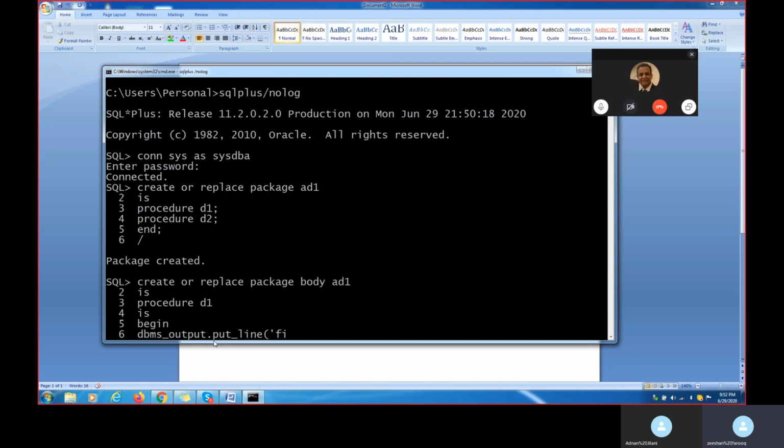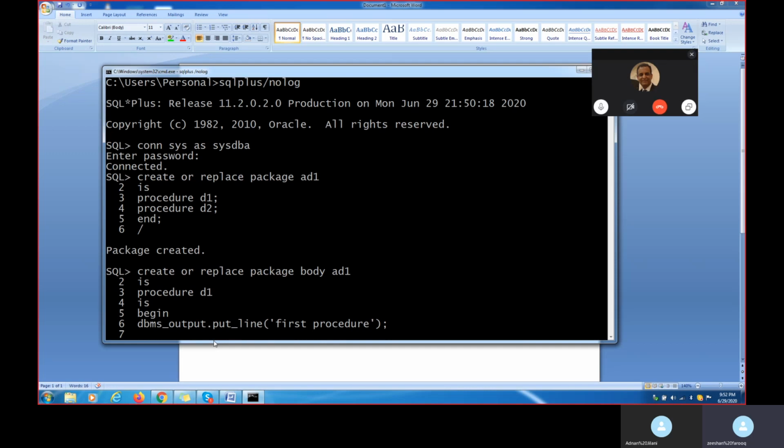For example, this is my first procedure. Since I opened the procedure, I have to end the procedure. End D1 closes that procedure.